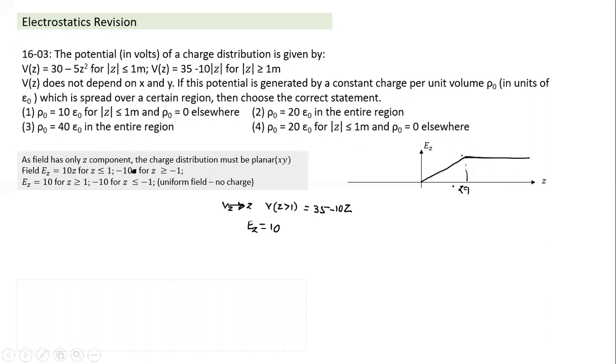Can you tell, based on this information alone, where the charge is contained? What does uniform field imply? When is the field uniform? When there is no charge. That's only if it is uniform. No charge enclosed. So the moment I draw this curve, I understand the charge is contained between z equal to -1 to +1. In this region, there's no charge.